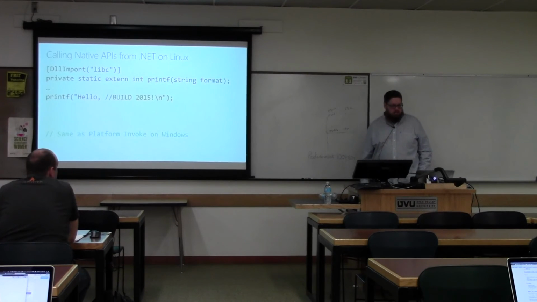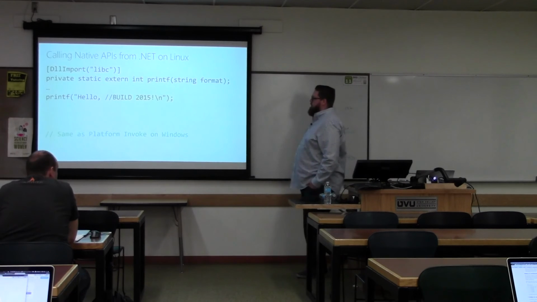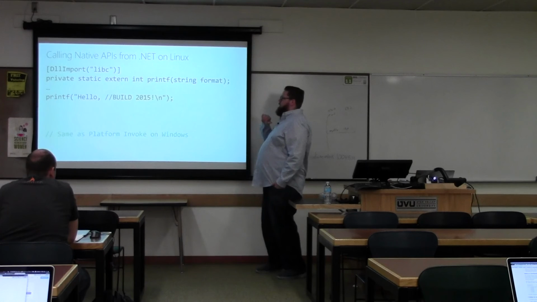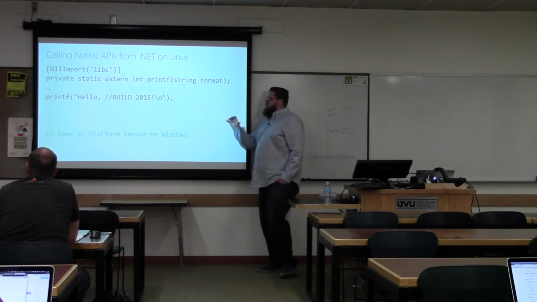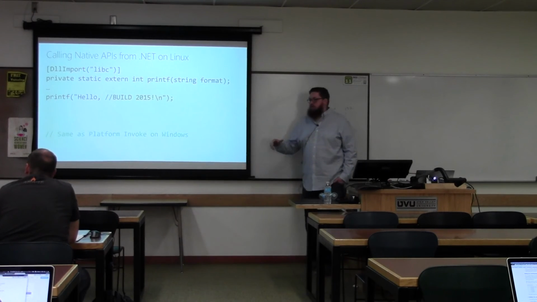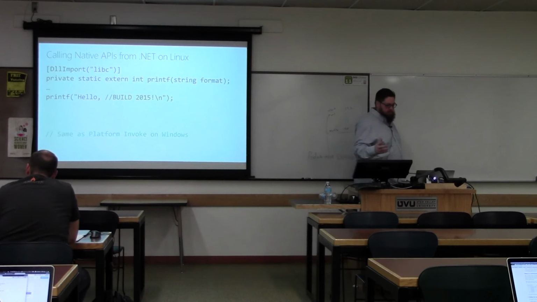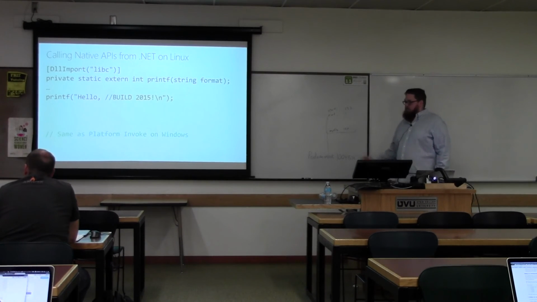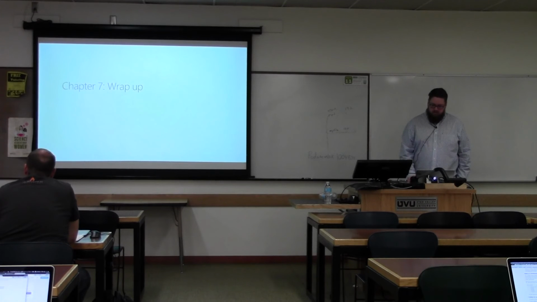One thing he mentions: calling native APIs from .NET on Linux is super easy. They've taken care of all the difficult stuff for you. You're just going to do a DllImport from a C++ library that might be available on Linux, and you can just call it. It's the same as P/Invoke if you're familiar with that from Windows. Super simple. Just wanted to make mention of that. Wrapping up,